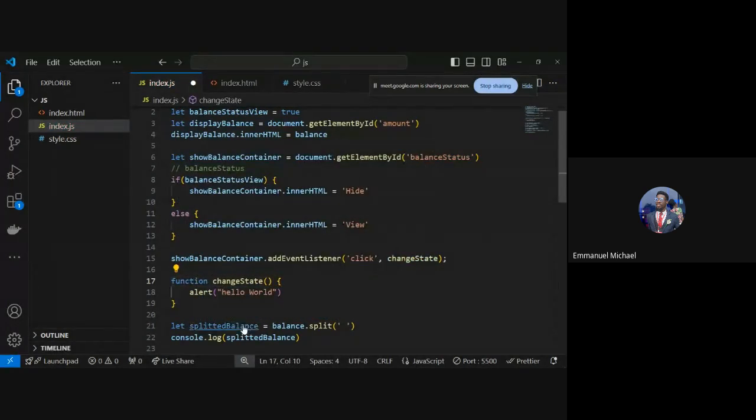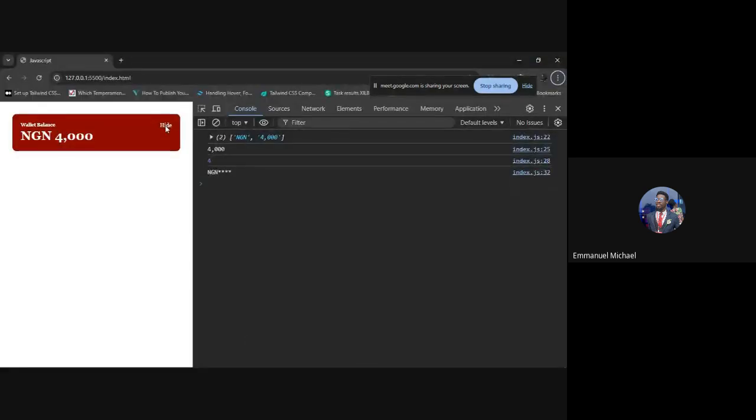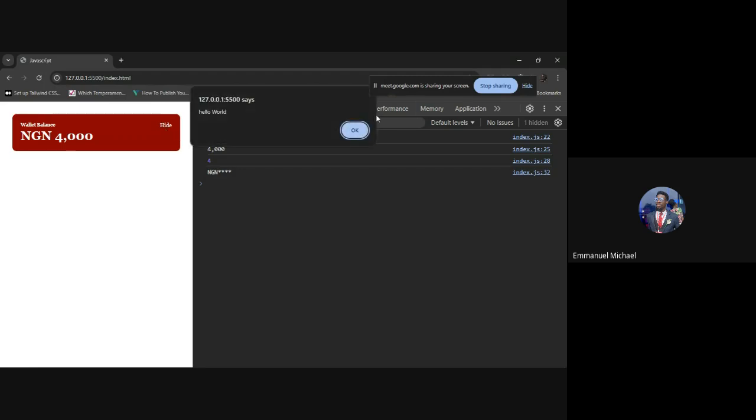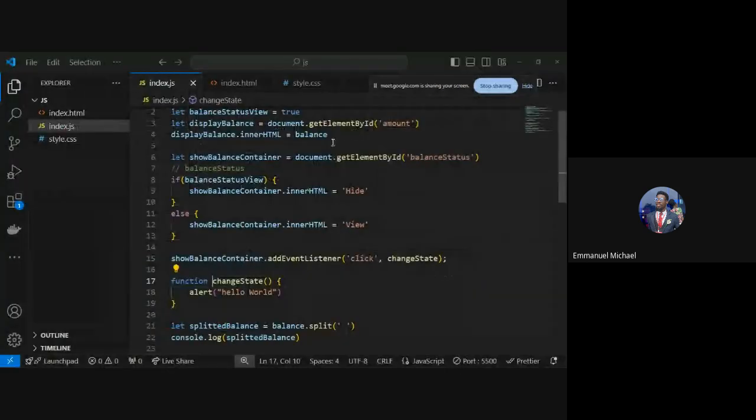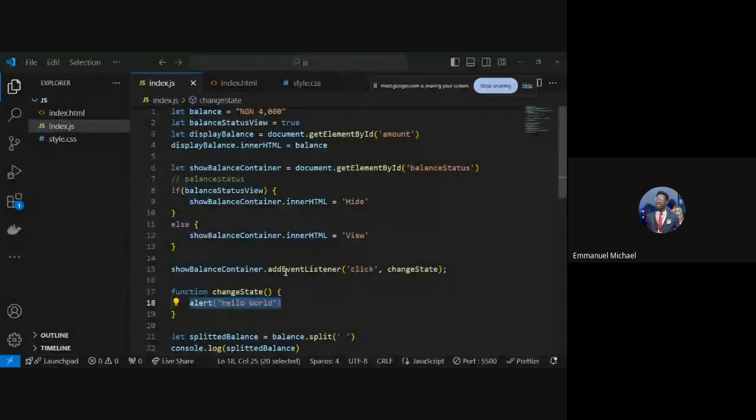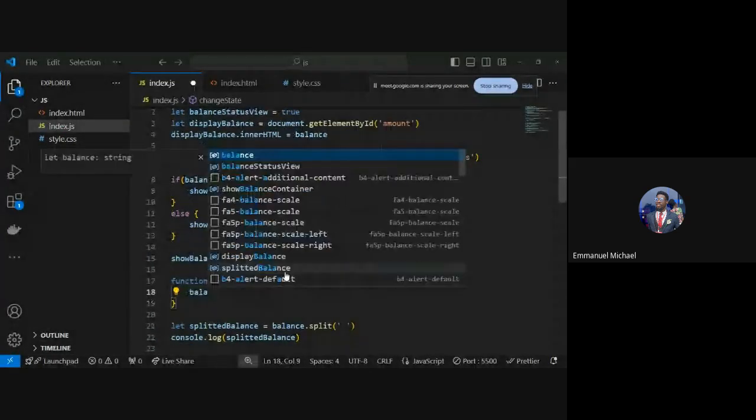function changeState alert hello world. So let me be sure this works. Good, it's working. When I click on this, it changes that. Our order of business is not that play I just played, but to make sure that this changes balance status